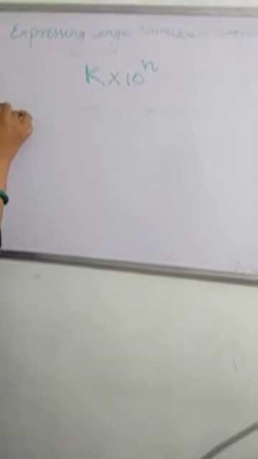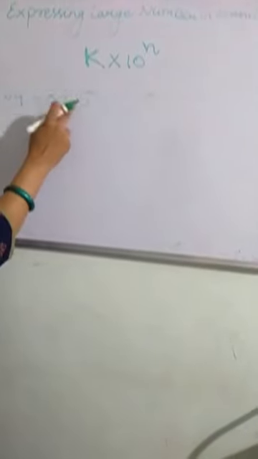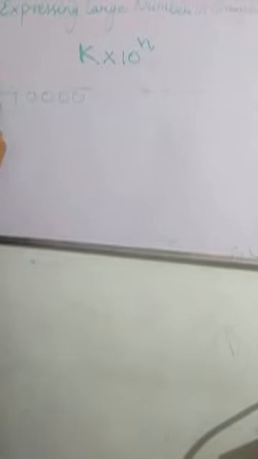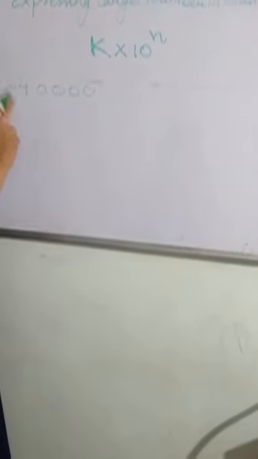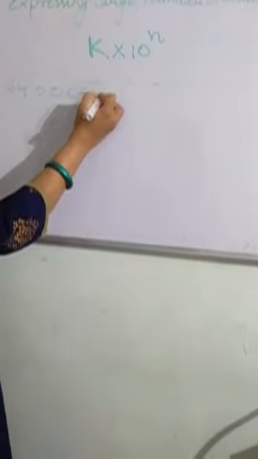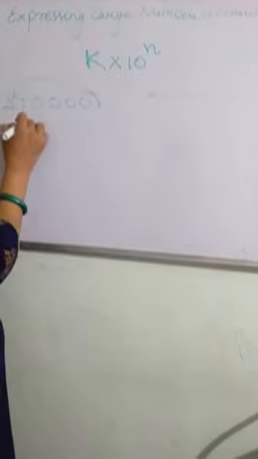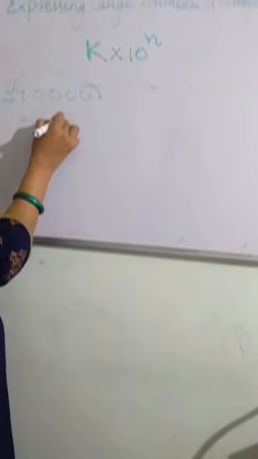Say for example, I have a bigger number, 6,40,000. Here it is unit, ten, hundred, thousand, ten thousand, lakh: 6 lakh 40,000. But as I told you, you have to convert this into a unit digit number only. So my invisible decimal is over here, and I have to shift it here so that it becomes the unit place number only. So how could it be possible? This can be written as 6.4.